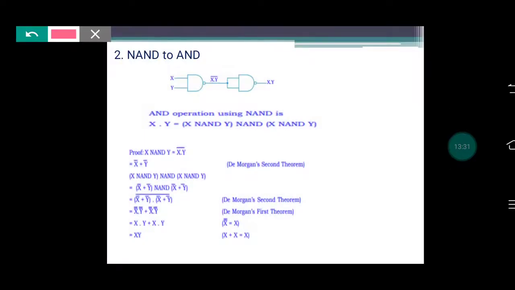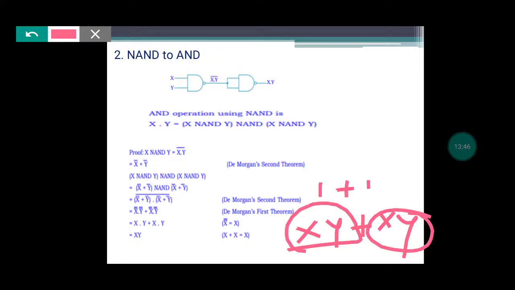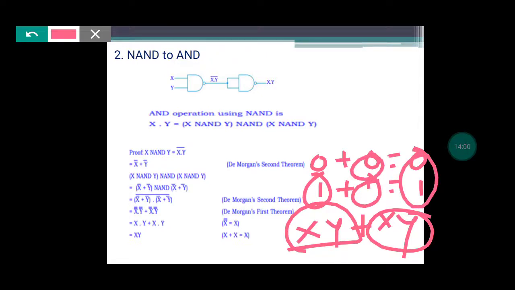Okay, now what did we get? Xy plus xy. This is similar to, assume that this is similar to 1 plus 1 because both terms are the same here. This is also one term, this is also one term, both are the same. Or I can consider this as 0 plus 0. Logical addition of 0 plus 0 is 0, 1 plus 1 is 1. So these two terms are nothing but the output, right? So what is my term here? Xy. So I can write that as the output.